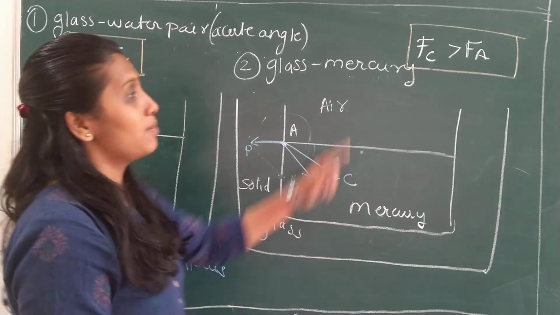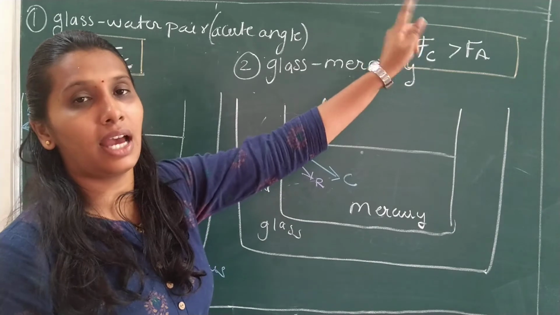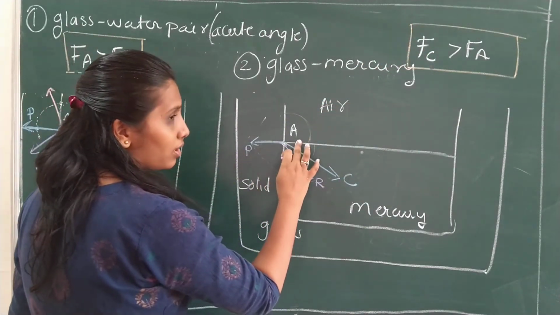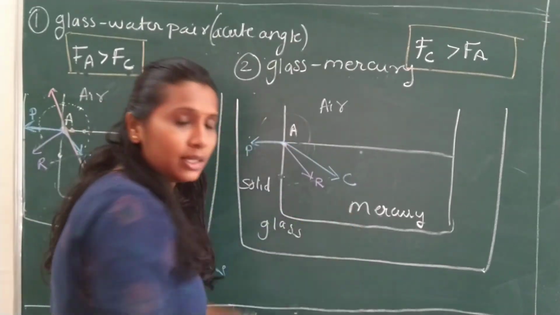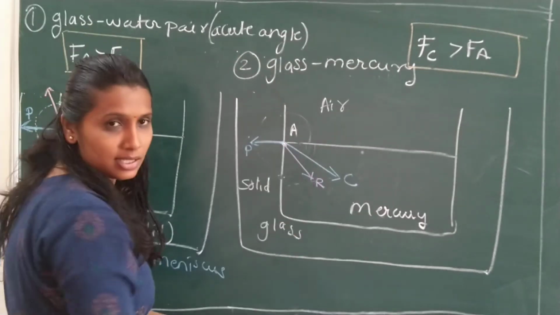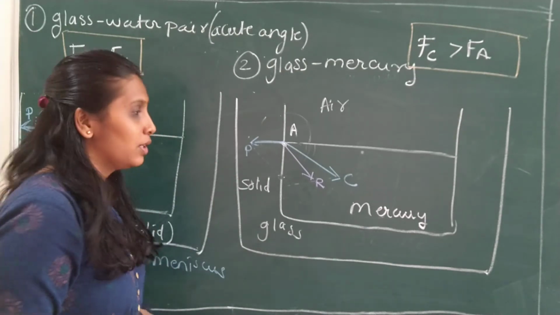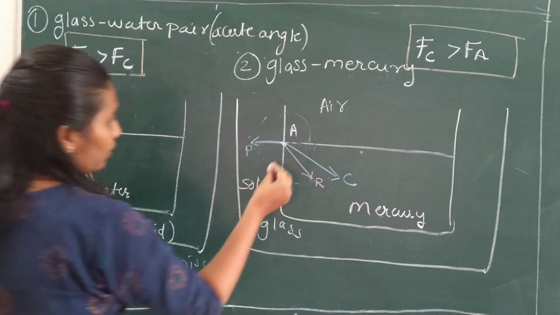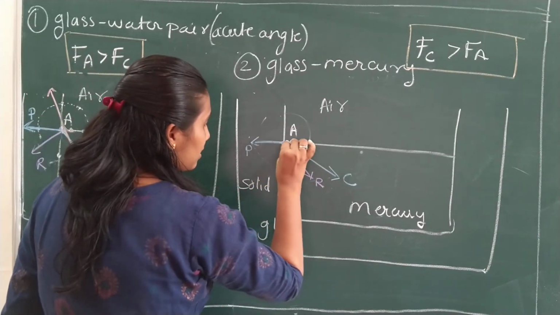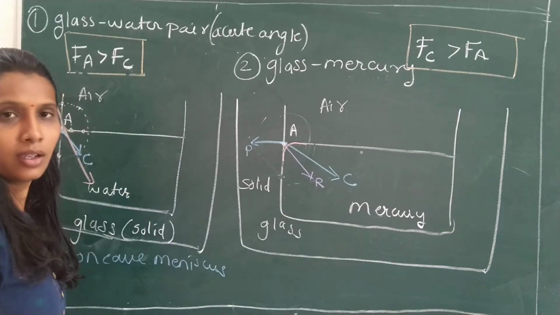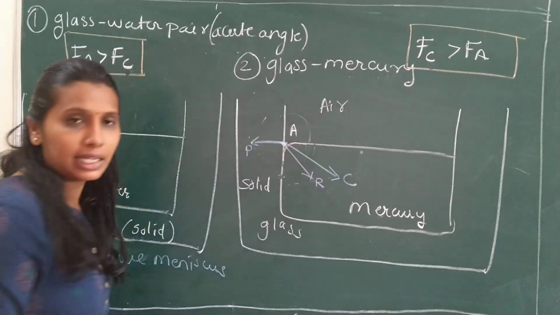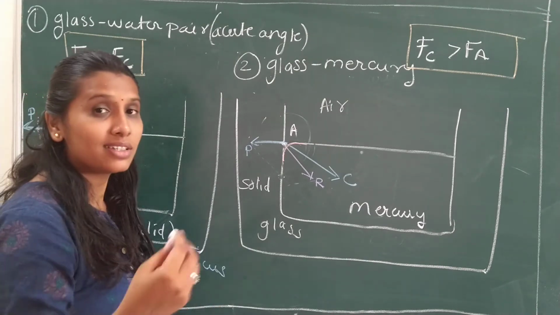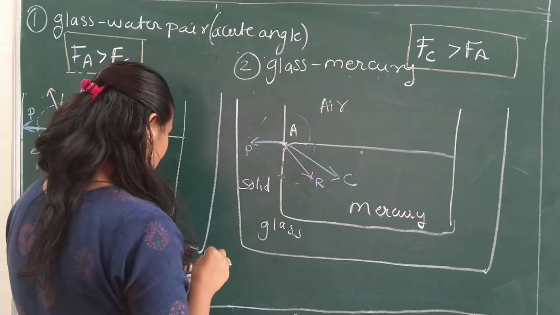Now, as I am saying, my cohesive force is greater than adhesive force. It means whatever molecules are present at this corner will try to get attracted inside the liquid, not towards the glass, like in the previous case. So they will all try to go inside. Now, if it is so, your surface will look this way, because they will try to go inside. And if I draw a tangent to measure the angle of contact, my tangent will be